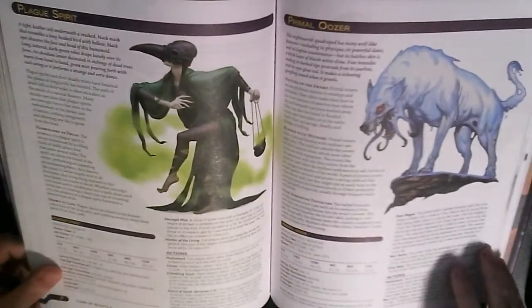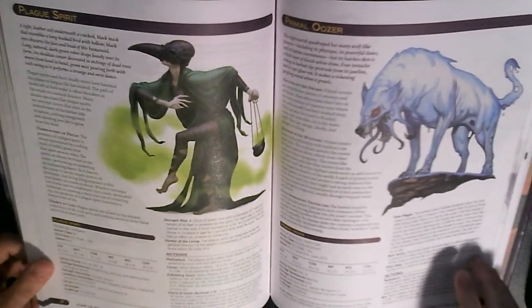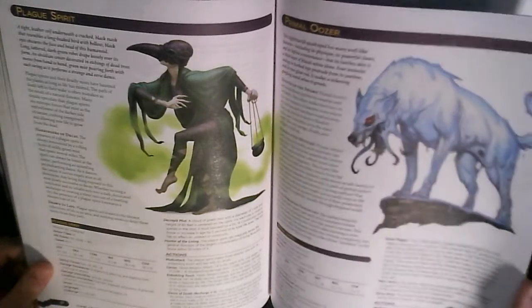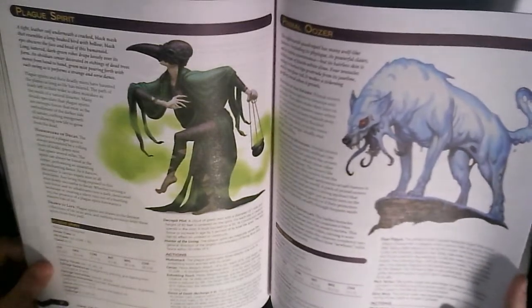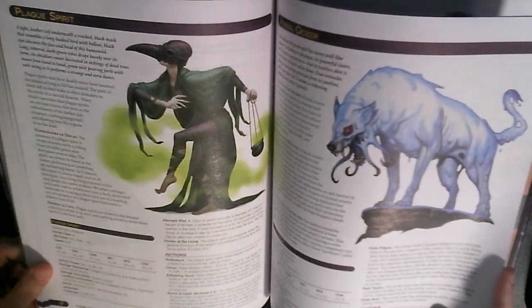A Primal Oozer, Plague Spirit. I want to use one of these. Don't know how I would. But plagues are... I have a plague. Sorry, I have an Oath of the Undying. No, Pact of the Undying Warlock. I might also be able to Pact of the Undead if it's ever live in the campaign, or if that ever becomes official. But,